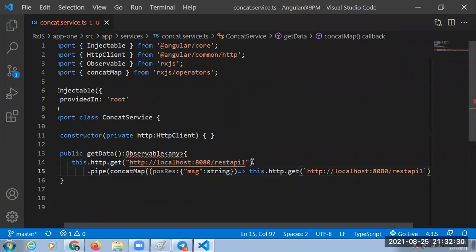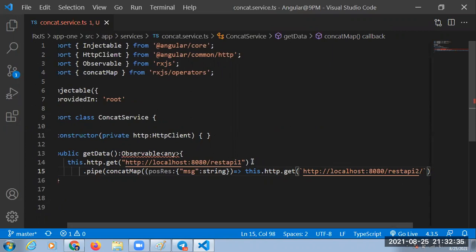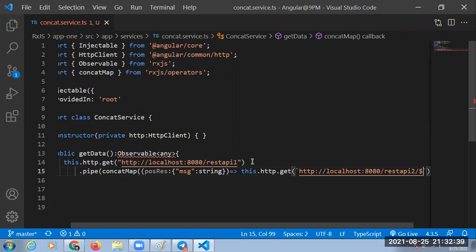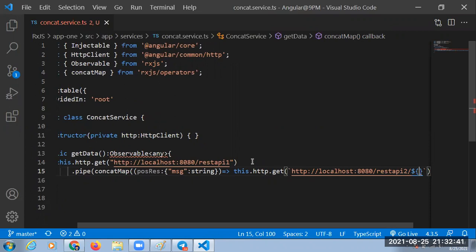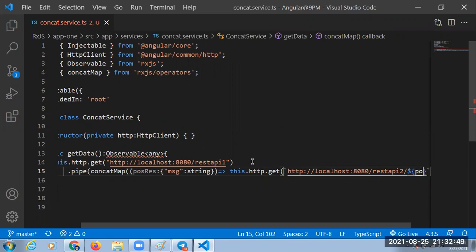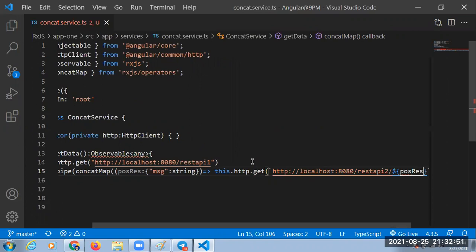REST API 2, slash, dash, dollar, curly brackets, positive response dot message.